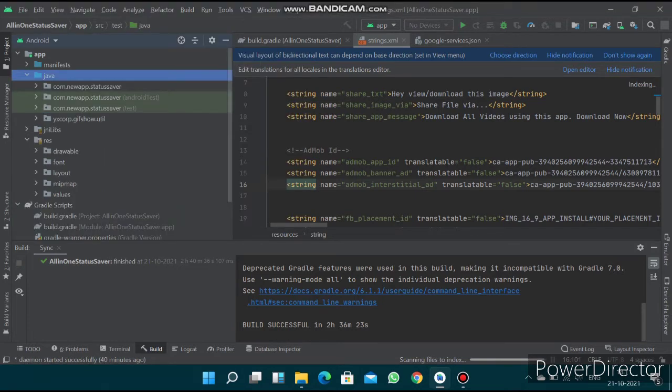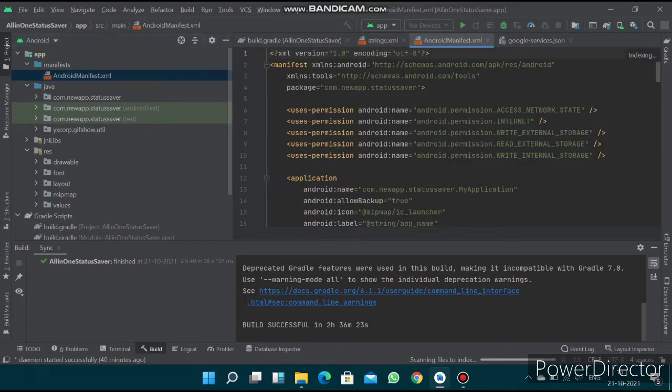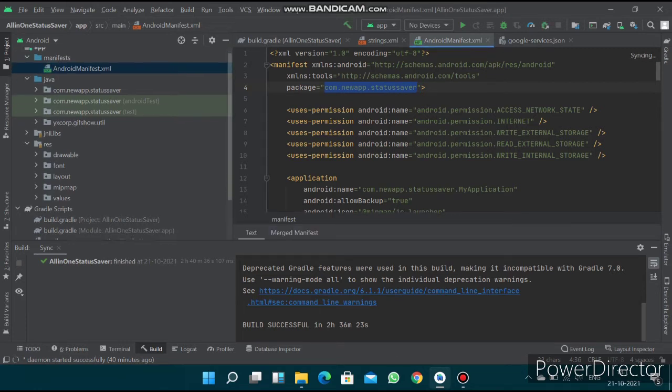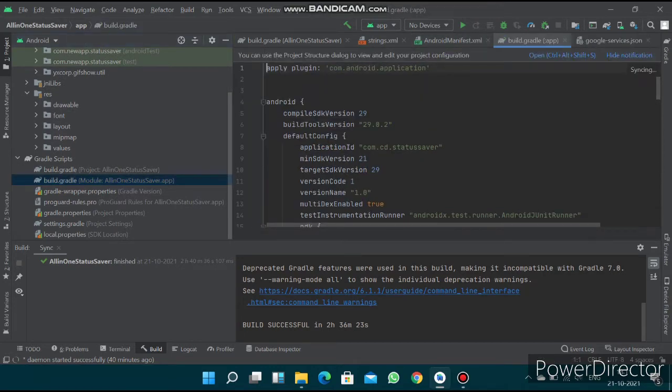and after that let's open manifest file, Android manifest file, and here at the fourth line you want to copy the package name. Scroll down, go to build.gradle file. At line 8 you can see application ID.